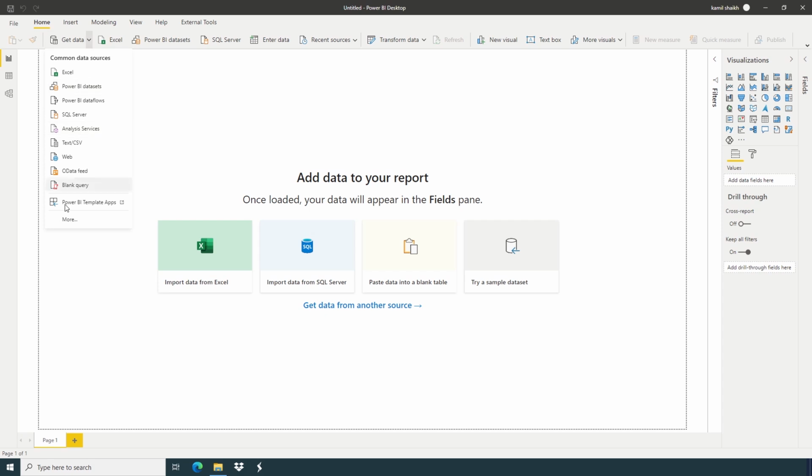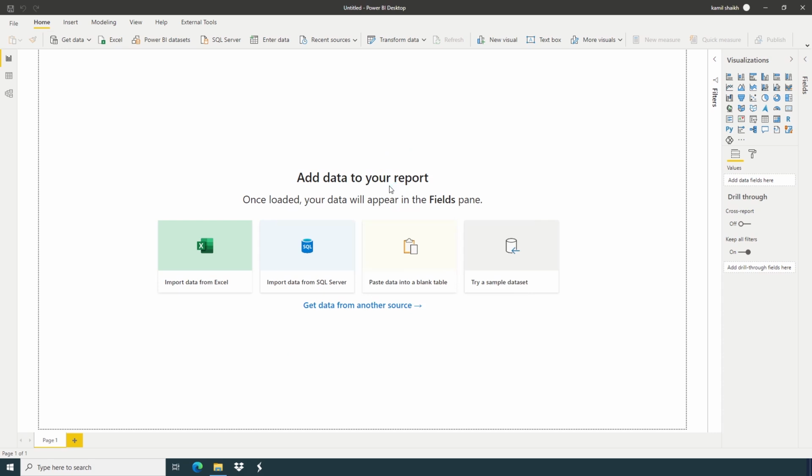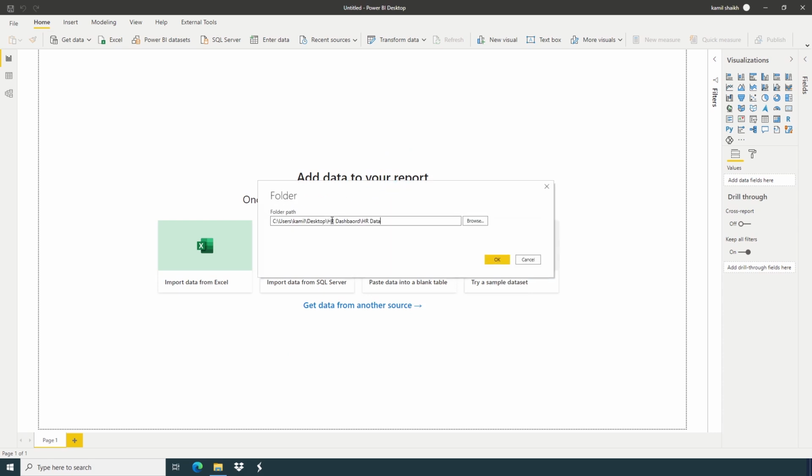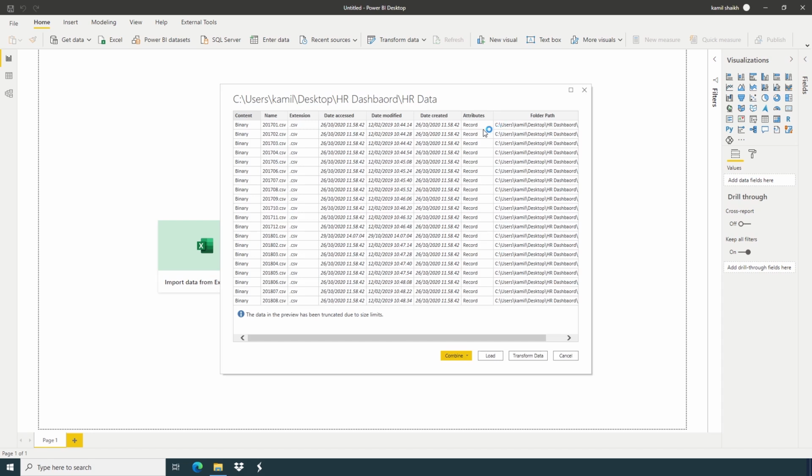Get data, more, folder, I just paste my folder path. If you want you can browse. Okay. So I'm not gonna click combine and load. Just click transform data.